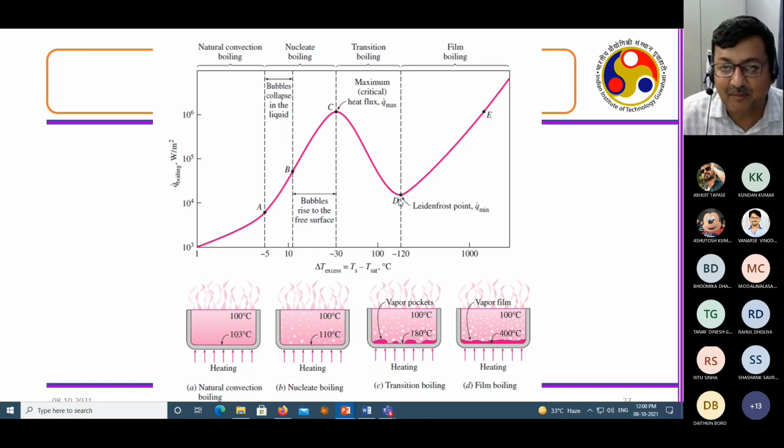That particular point is called the Leidenfrost point. Beyond this Leidenfrost point, this film will start boiling because of the radiative heat transfer, and then you may see that the heat transfer will again go up, but it will take some amount of superheating. This is called superheating. It is required to go beyond this point where the heat transfer increases. So this entire plot is called the Nukiyama plot.